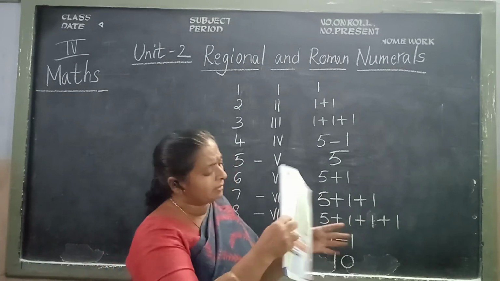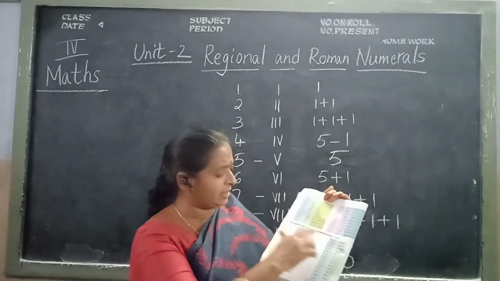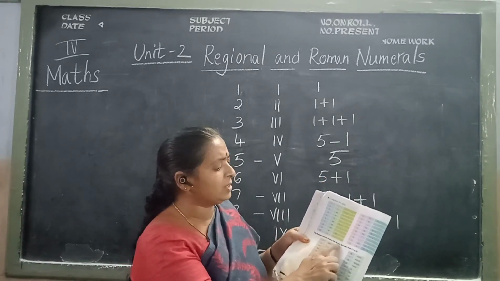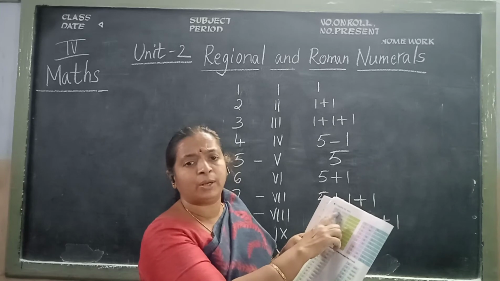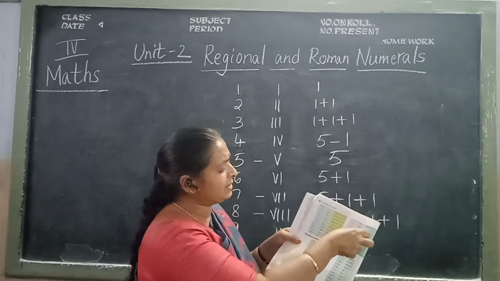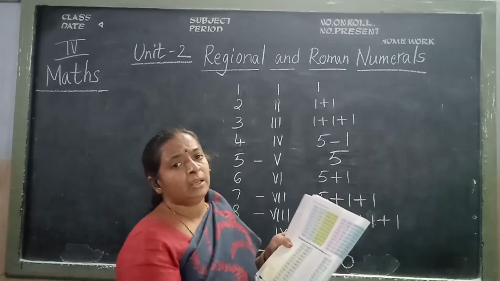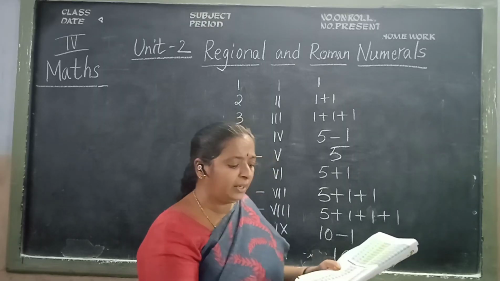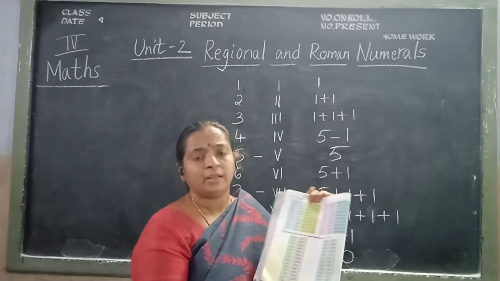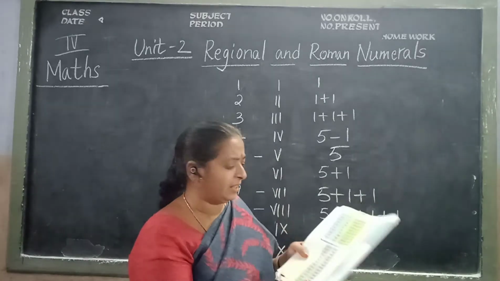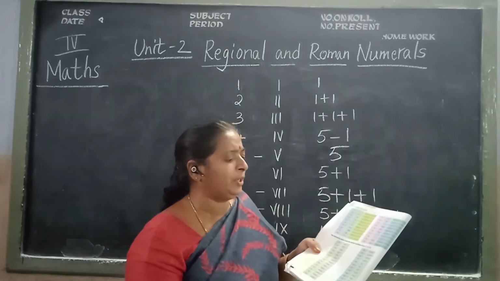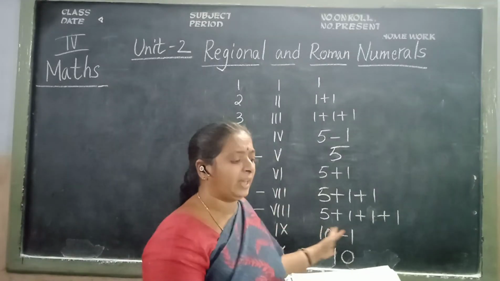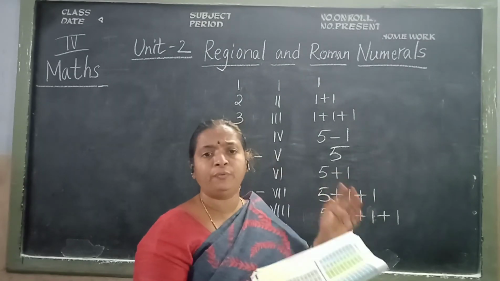Now, underneath, there is one table, children. A tablet column is there. The following table shows the Roman numbers. Here we wrote from 1 to 20, no, children. This second one is 11 to 20. In page 98, here one table column is there, children. See, the following table shows the Roman numbers from 21 to 50. Here we have done 1 to 10, children. The remaining 11 to 20 you do for homework.